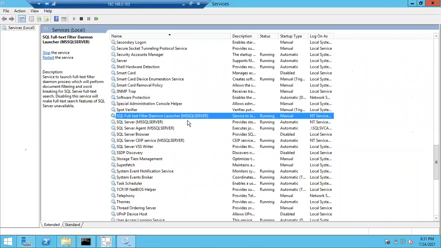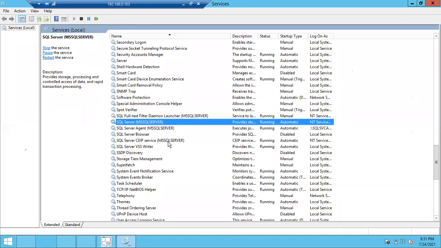Okay, you can see MS SQL Server. You can ask why I can see MS SQL Server. I have to see the computer name, right? Because I have installed a default instance. So remember, guys, whenever you install a default instance, at the time of connecting to the server, then only you have to give the computer name. In the services, you can see MS SQL Server in the brackets.